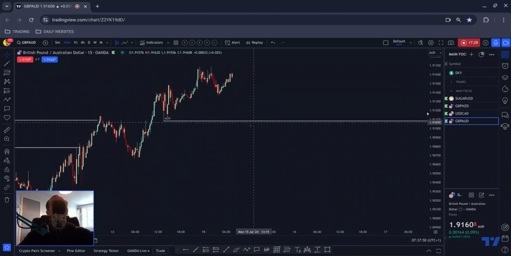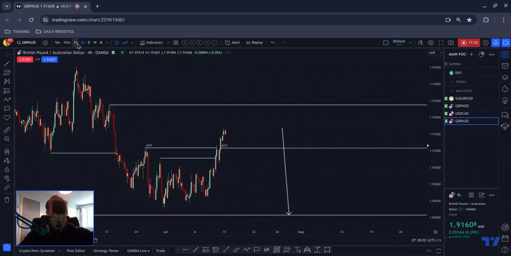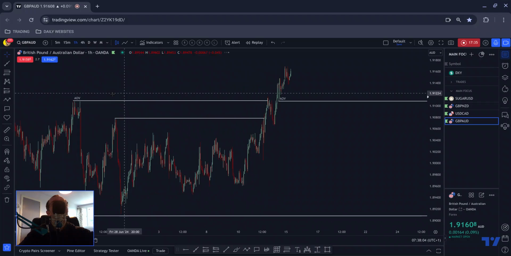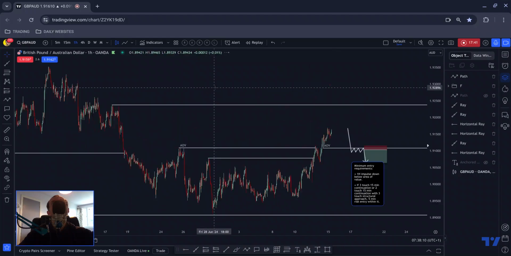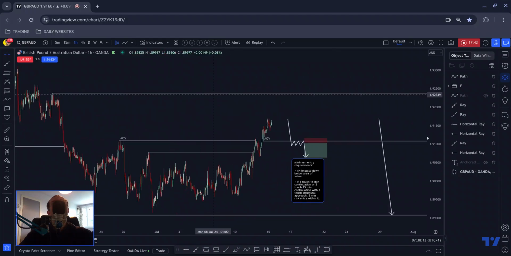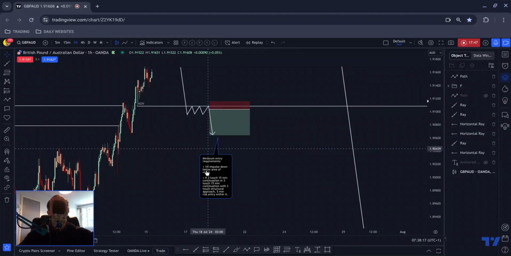If we break back below that and we flag, we would not only have invalidated the buy idea, but we would also be trading back below this area of value. So with that in mind, what I'll be looking for from this pair today, of course, that might change as the week goes on, I'll be looking for a break below here. And in this instance, I'll be looking for a risk entry within. So when we're retesting the back end of something else, I always look for a